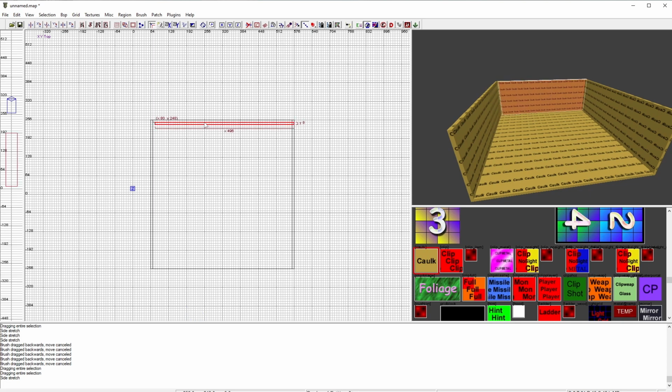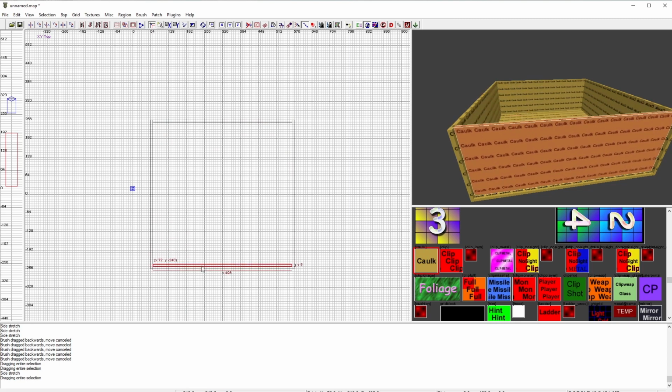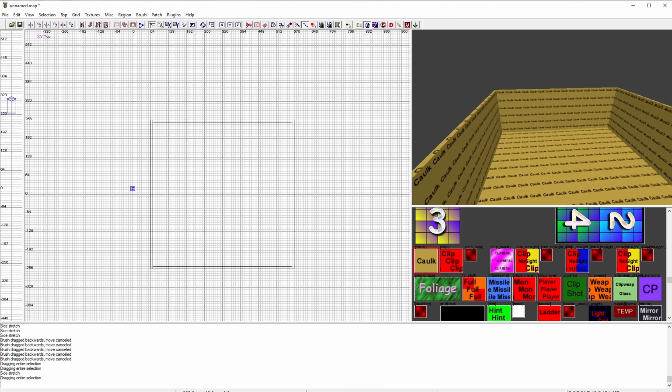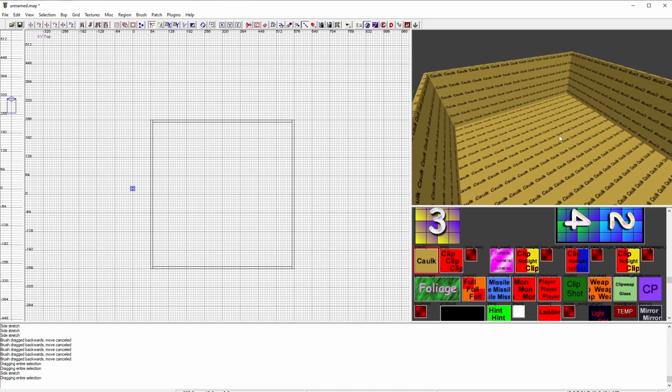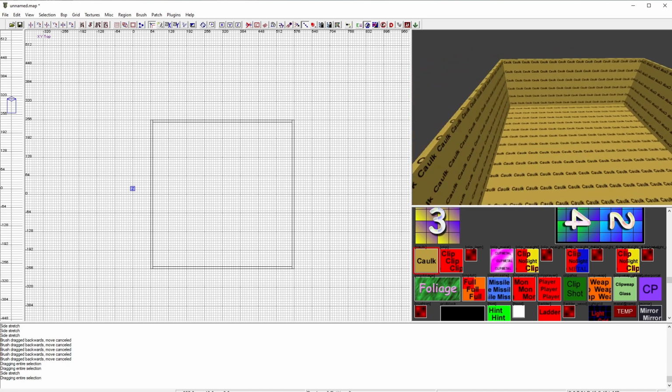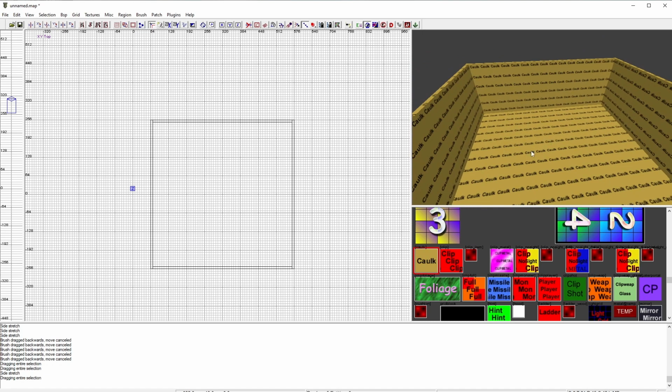Select this spawn again, press spacebar, put it over here. Alright, pretty nice. We have our first room. And now I want to give it some useful textures. Okay, to texture the ground,